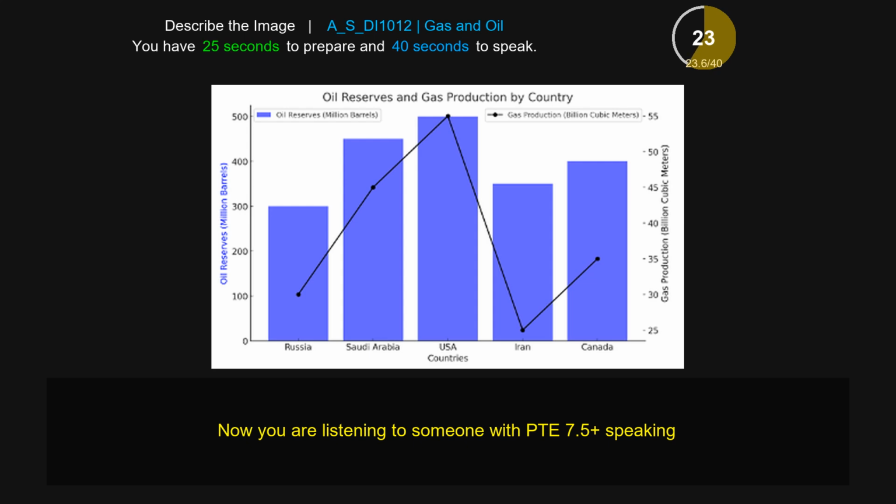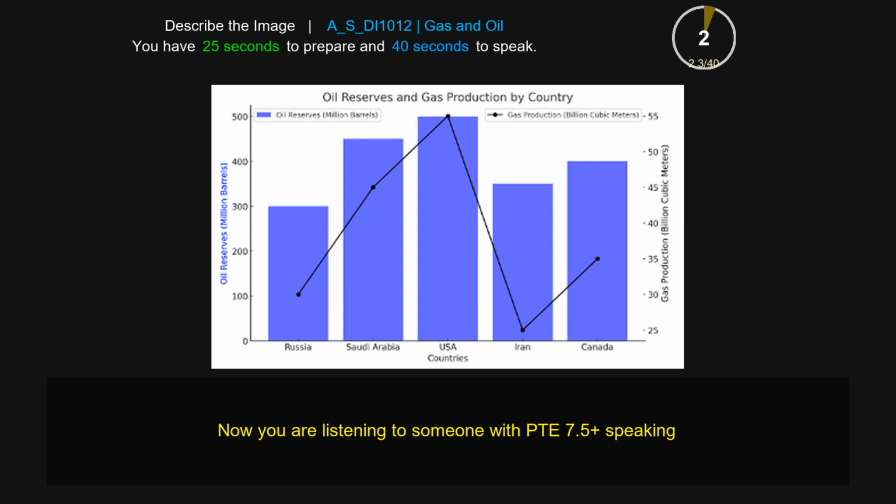It is evident the maximum value is for the USA, which is almost 500 for the oil reserve, whereas the minimum value is for Iran, which is almost 50, and also showing 25 for the gas production. In addition to that, Russia contains the value of 300, whereas Saudi Arabia contains the value of